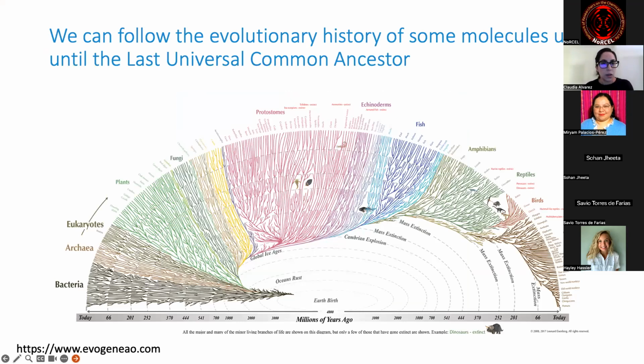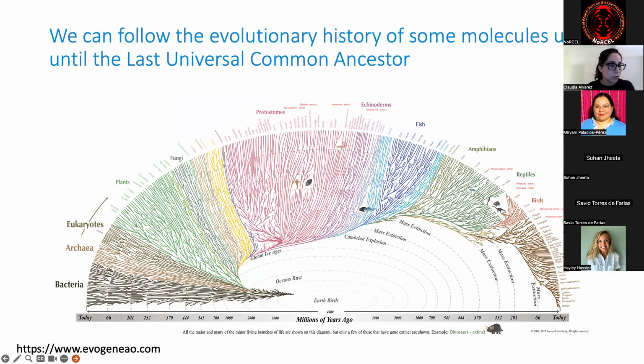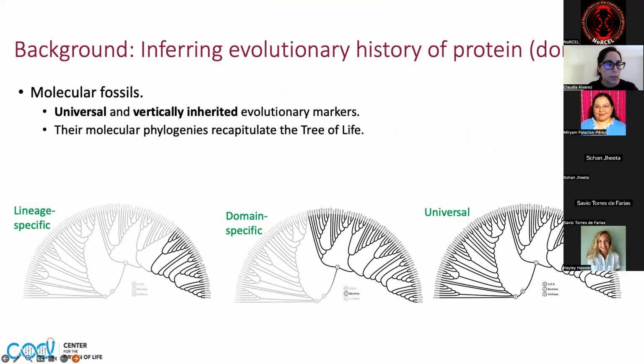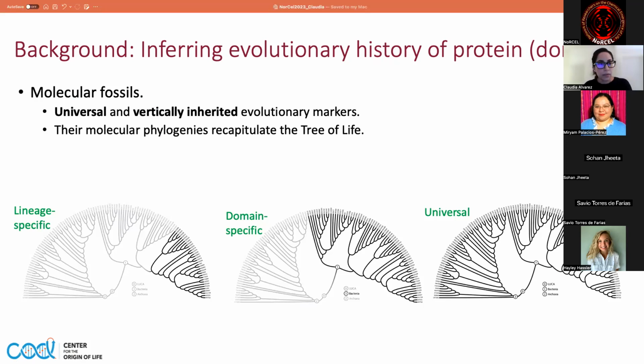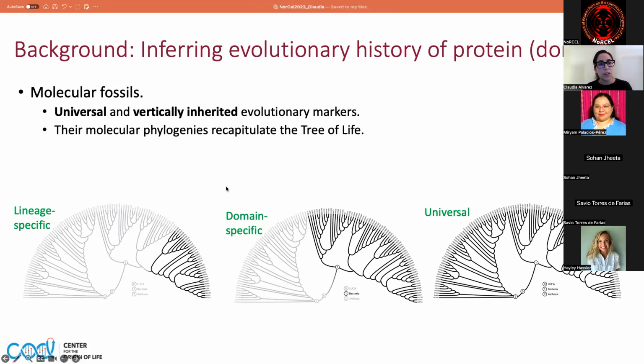Some proteins and other macromolecules and biological molecules have a recorded history that can take us back to the last universal common ancestor. These molecules are very special, and we like to study them because they carry a lot of information. Molecules that can tell us about the history of life are sometimes called molecular fossils. And the best molecular fossils are the ones that are universally represented in the tree of life,